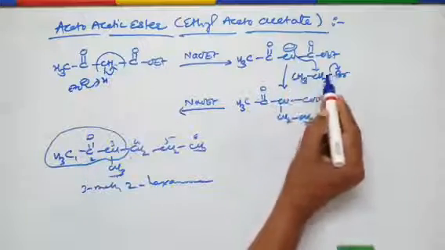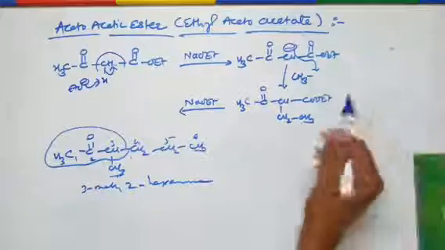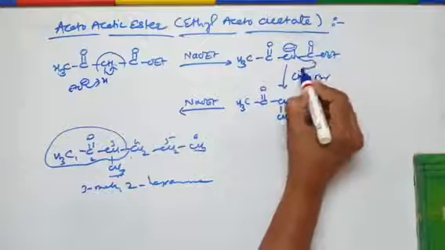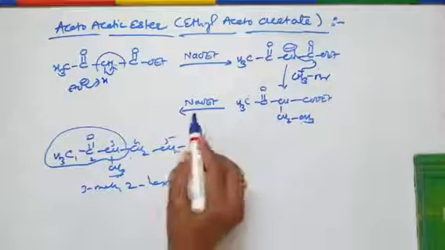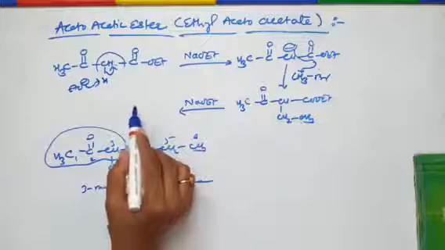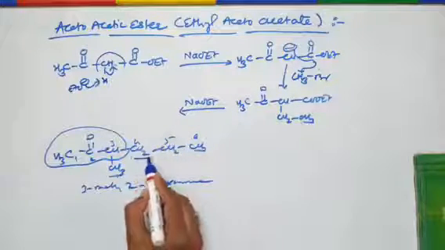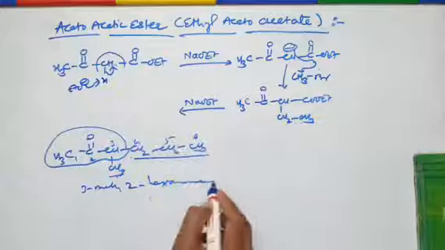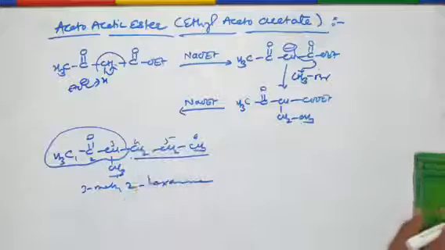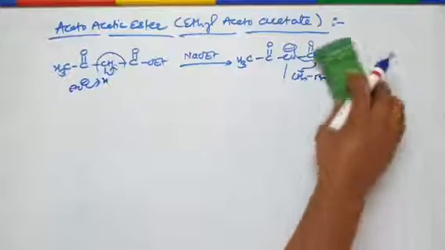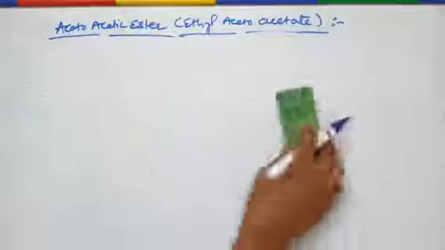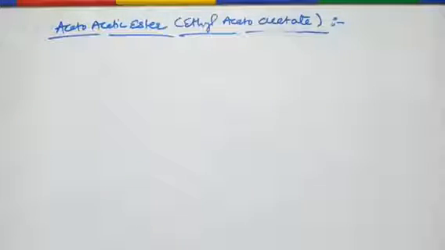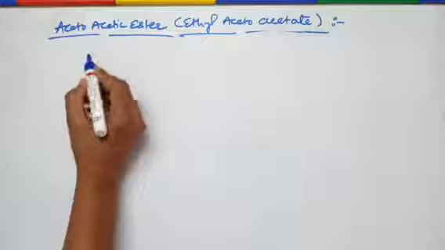If you want to synthesize this molecule, the steps are again the same. The carbanion is generated, then treat it with, instead of ethyl bromide, methyl bromide here. So the methyl group is introduced here, then again treat it with the base, again the carbanion is generated, and after that you have to treat it with 1-bromopropane to introduce this propyl group, then hydrolysis and decarboxylation. Try to write down this synthesis at home in your notebook. It is a similar synthesis, only the alkyl halides are different: methyl bromide and 1-bromopropane. Now the next synthesis is the synthesis of methyl cycloalkyl ketone.